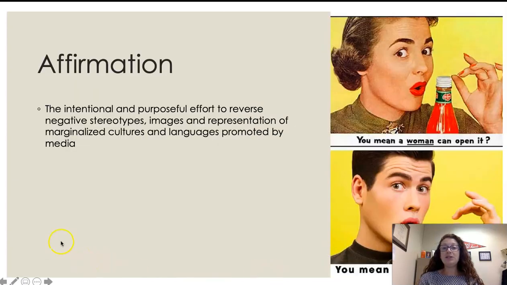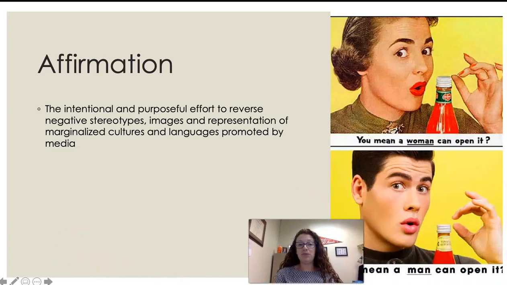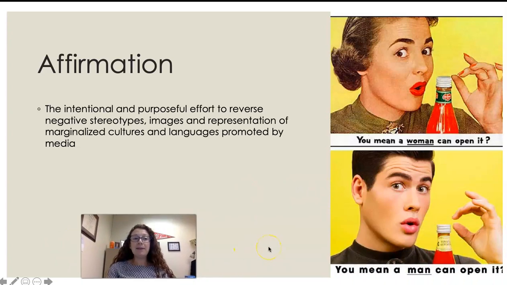We also need to affirm. So I'm going to move myself real quick. So affirmation is the intentional and purposeful effort to reverse negative stereotypes, images, and representation of a marginalized culture and language promoted by the media. How many of us, when we were in preschool and elementary school, made pilgrim hats and